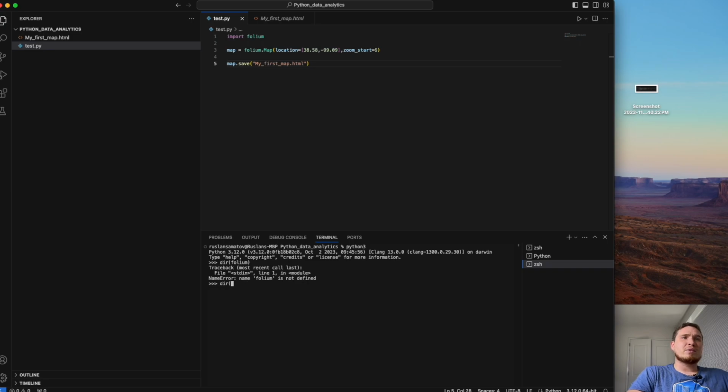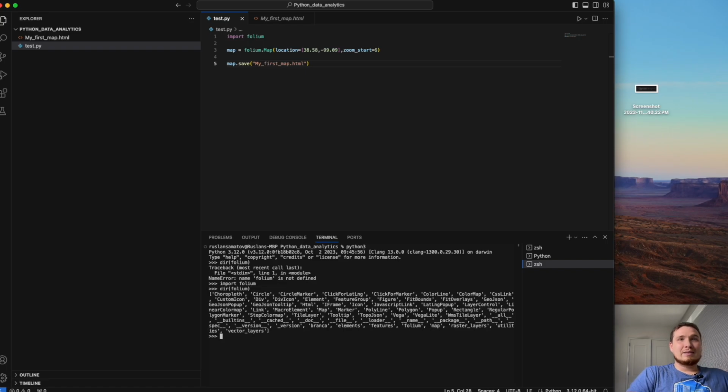I need to import it first. That's a mistake I make, because each time you open a new interpreter, you need to do the import, because this library doesn't come under the hood. So you need to pull this additional twin turbo engine. Import Folium. Now it will work. Now we have all the methods. Okay, marker. Let me find this marker. Here we go. That's the pointer we need.